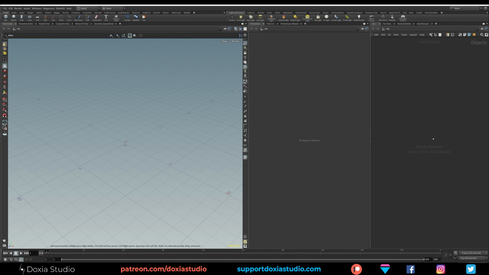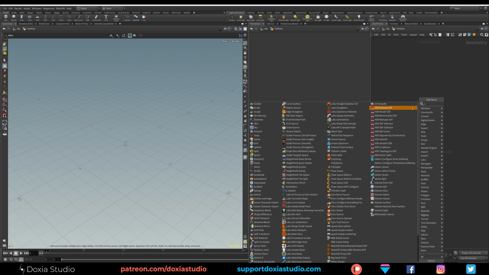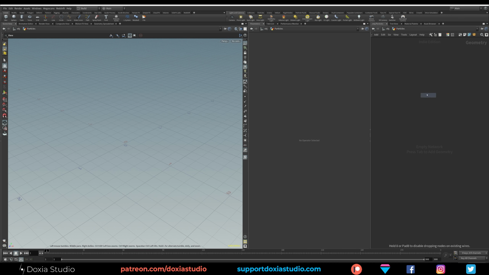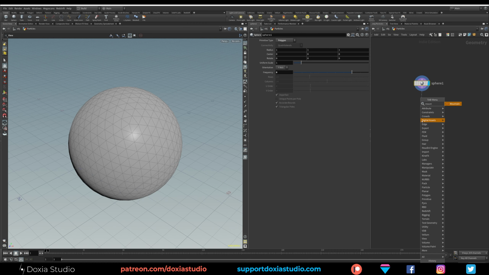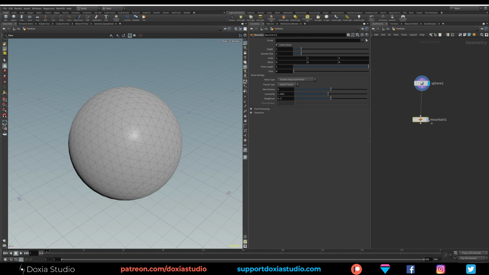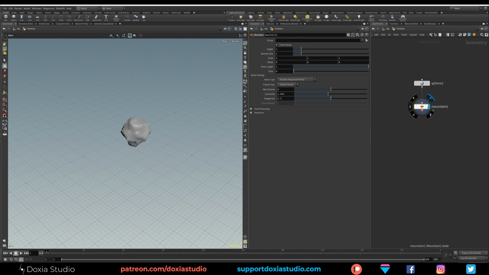Okay, so let's start with a simple PopNet particle simulation. Let's go with our particles. Let's place the symbol here. Let's go with polygon, increase the frequency a little bit. Let's add a mountain, and let's create something like a nebula with millions of particles.